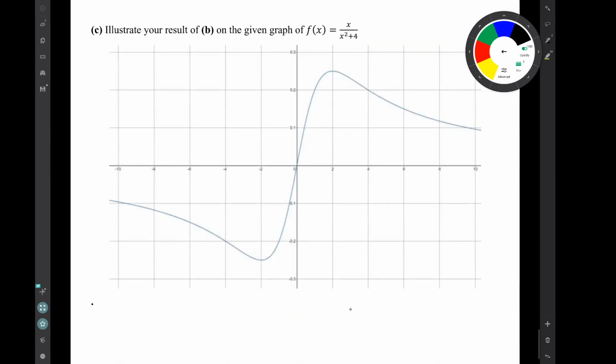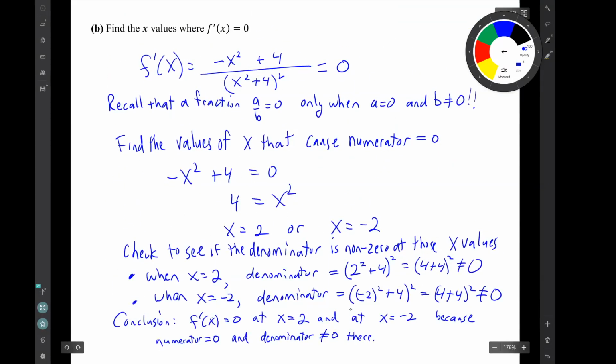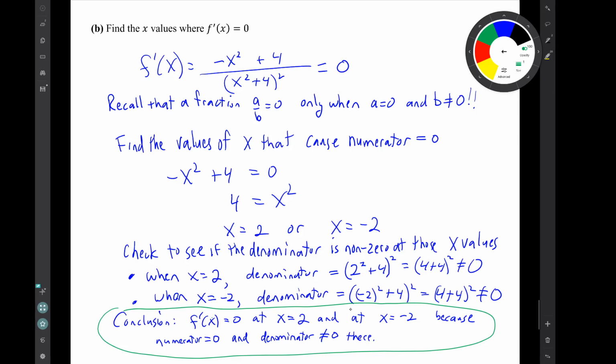Question C is illustrate our results of B on the given graph of the function f of x equals x squared plus 4. Well, what is our result from question B? The derivative is equal to 0 at x equals 2 and x equals negative 2. Well, so what does that have to do with the graph? Remember that the number that's the value of the derivative is equal to the number that's the slope of the tangent line. So this result